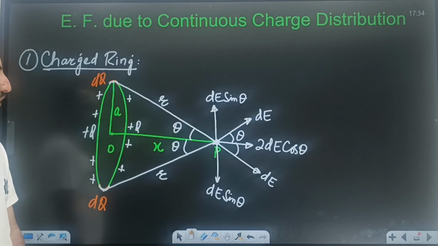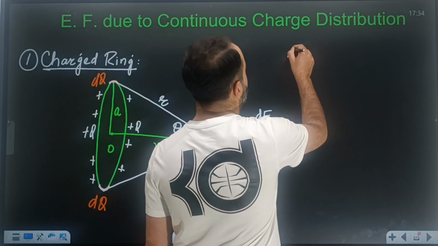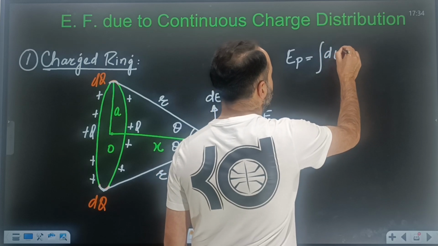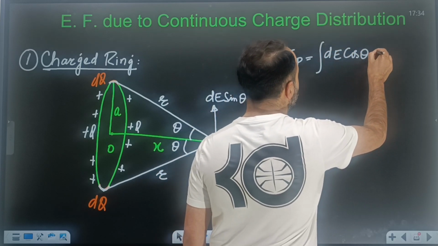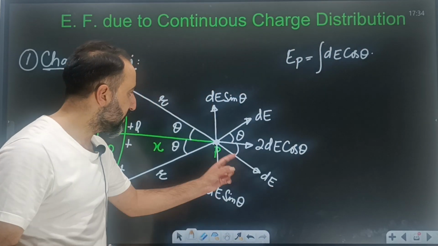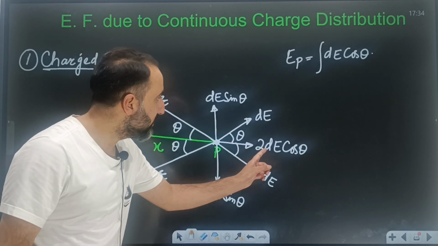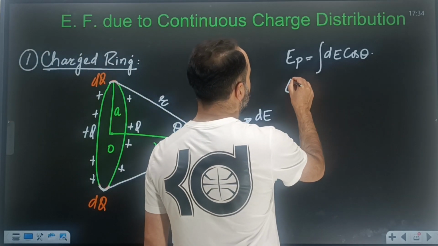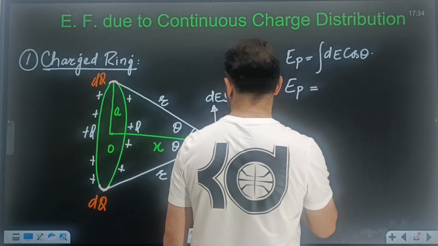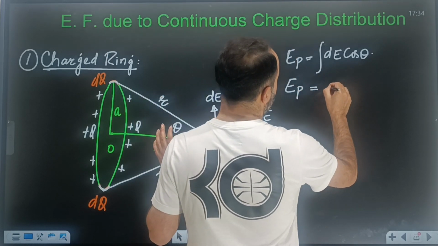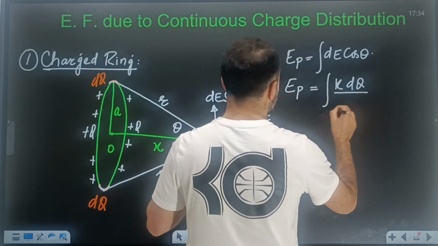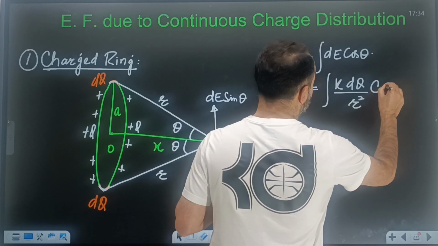and not by the sin theta components. Alright, so electric field at the point P जो होगा that will be equal to integration of dE cos theta components, dE cos theta along this direction. Okay, so I will not do dE cos theta, but I will integrate dE cos theta. While dE is what we have, the electric field due to a point charge. Point charge की वजह से electric field जो है that is k into charge dq divided by distance वहाँ पे जो है बेटा, that is equal to r square